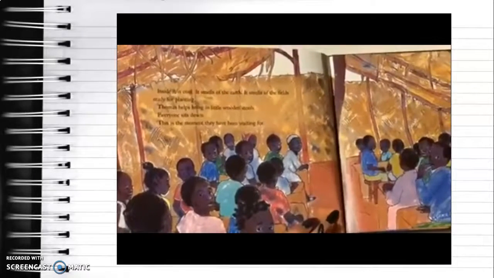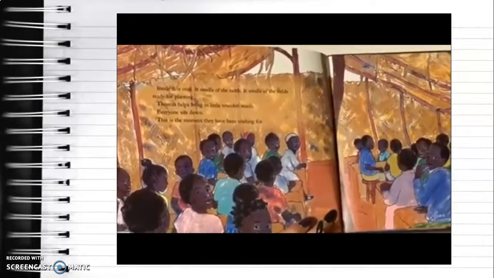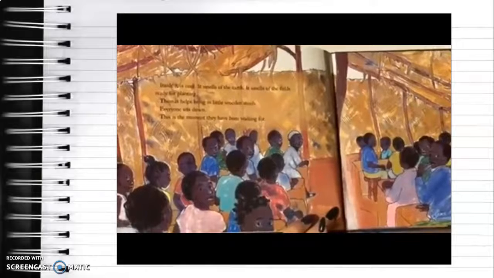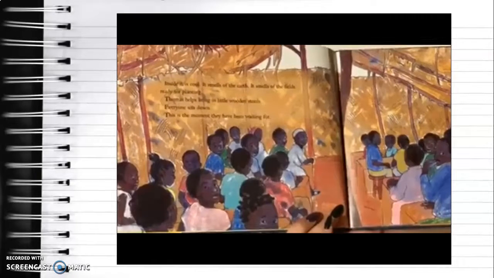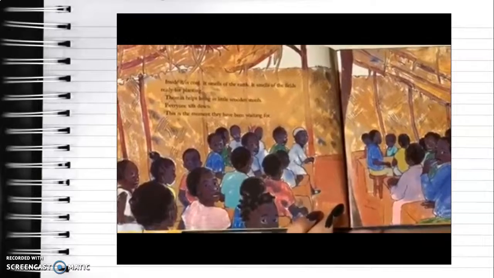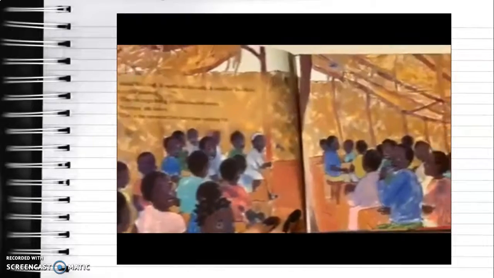Inside, it is cool. It smells of the earth. It smells of the fields ready for planting. Thomas helps bring in the little wooden stools. Everyone sits down. This is the moment they have been waiting for.